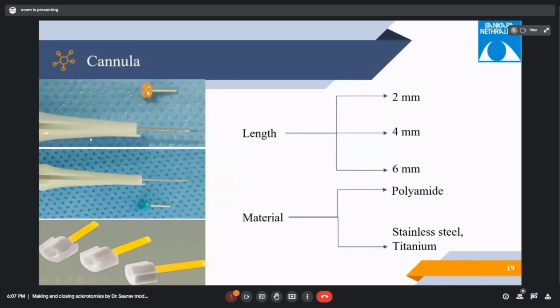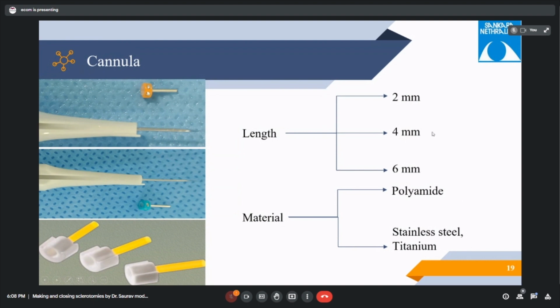Secondly, after the trocar, the important thing is the cannula. The cannulas are available in different lengths and different materials. They can be walled and non-walled. The usually used cannula is the 4 mm. A 6 mm cannula can be used in some special situations, like in case of thickened choroid or choroidal detachment, suprachoroidal